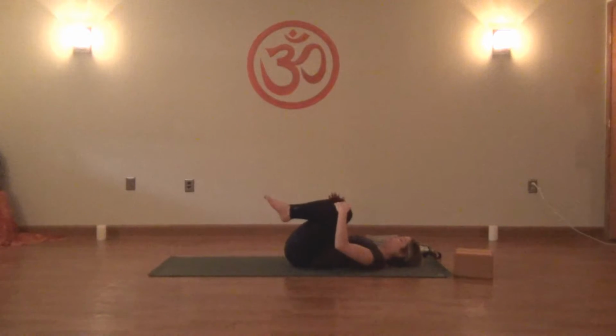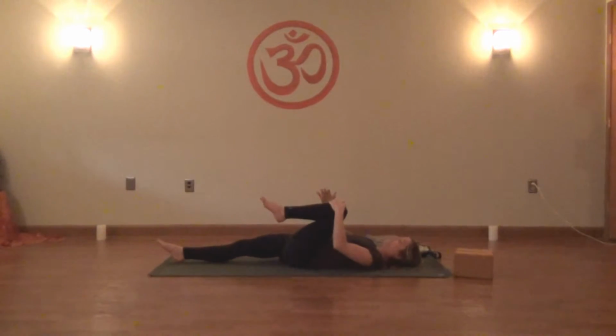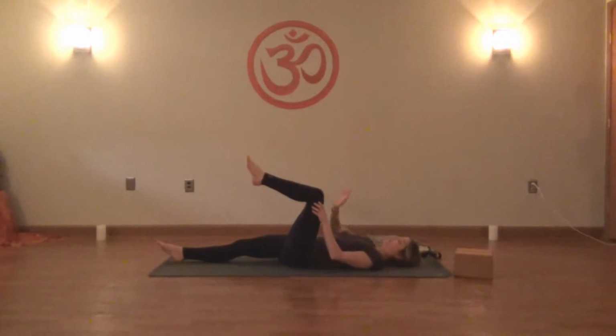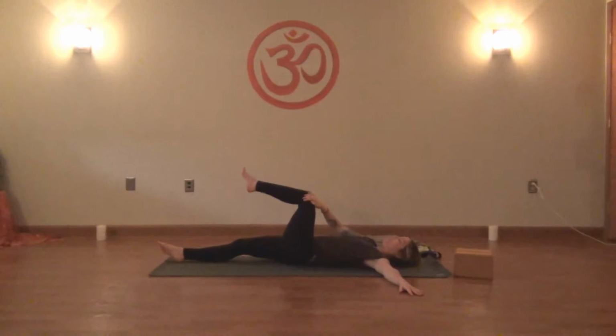Okay. Then we're going to straighten the right leg all the way to the floor, and gently hug the left knee in. Again, grabbing either the front or the back. This time we'll bring it in a little closer, again trying to lengthen out in the lower back. Good. And then we'll bring the knee right above the hip. We'll take the right hand to the outside of the left leg, and the left arm comes out to a T, palm face down. From here, take a nice big inhale. And on the exhale, you twist over,